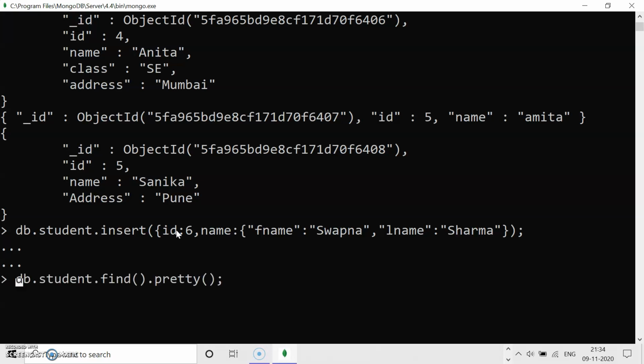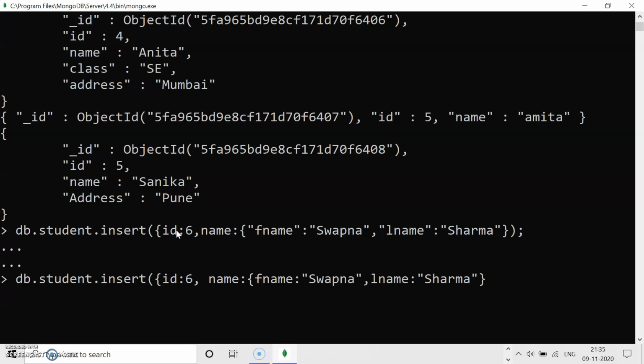So if we execute this command, db.student.insert, opening bracket, opening brace, _id colon 6 comma name colon fname colon Swapna, lname Sharma.